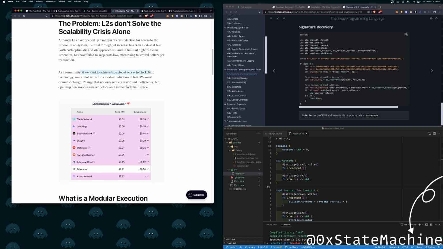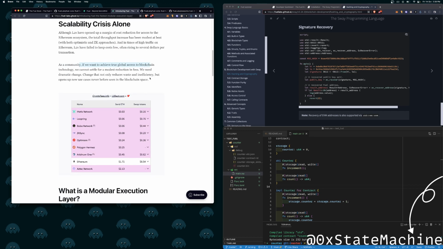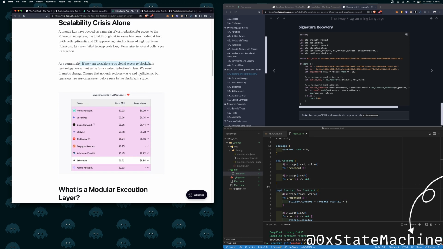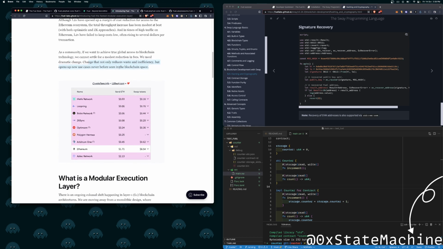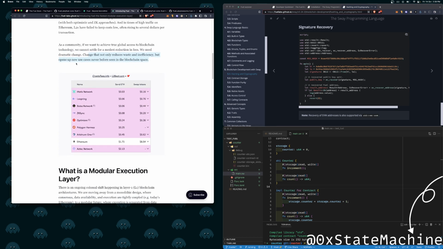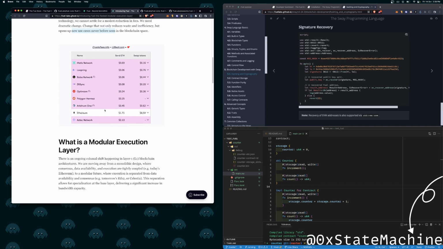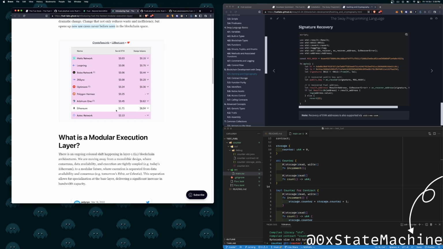As a community, we want to achieve true global access to blockchain technology. We cannot settle on a modest reduction in fees. We need dramatic changes. Yes, we need dramatic changes! Changes that not only reduce waste and inefficiency, but open up new use cases never before seen in the blockchain space. Interesting.